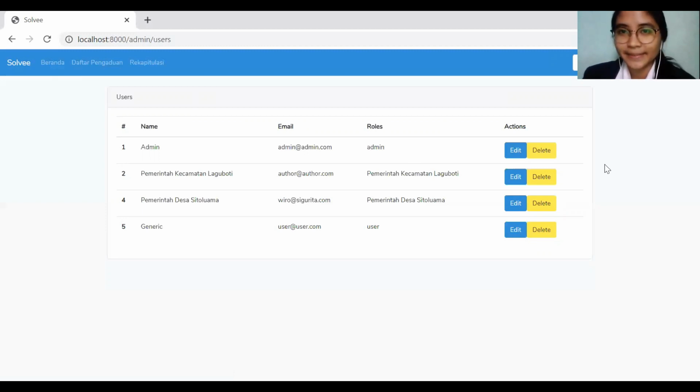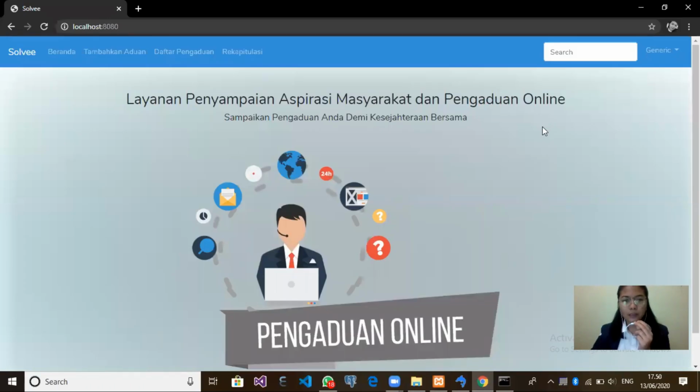Next, for the next function is mencari riwayat pengaduan function. All of the functions that have been mentioned before are using a controller, which automatically creates a business process for all of the functions. In mencari riwayat pengaduan function, the business process that runs in this function is: first, the user as actor is going to access the homepage of Solvee website, and then the user chooses the search feature, which is placed in the upper right